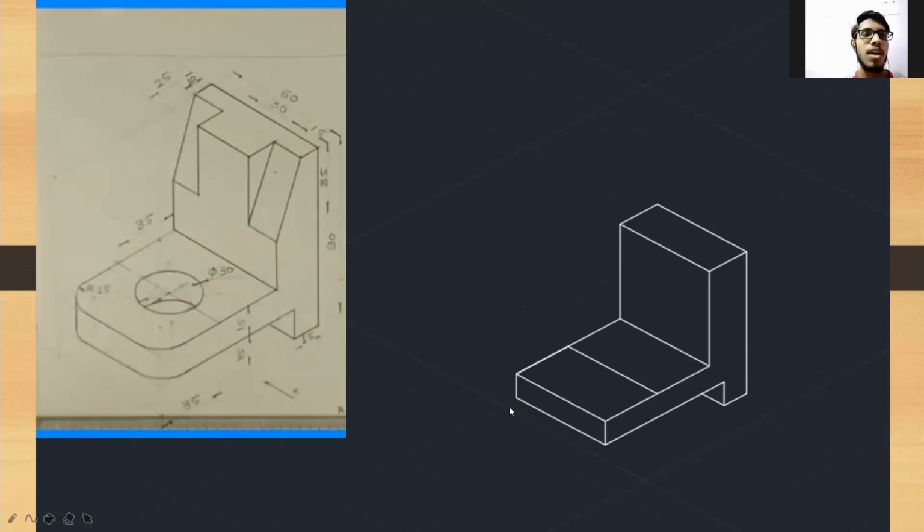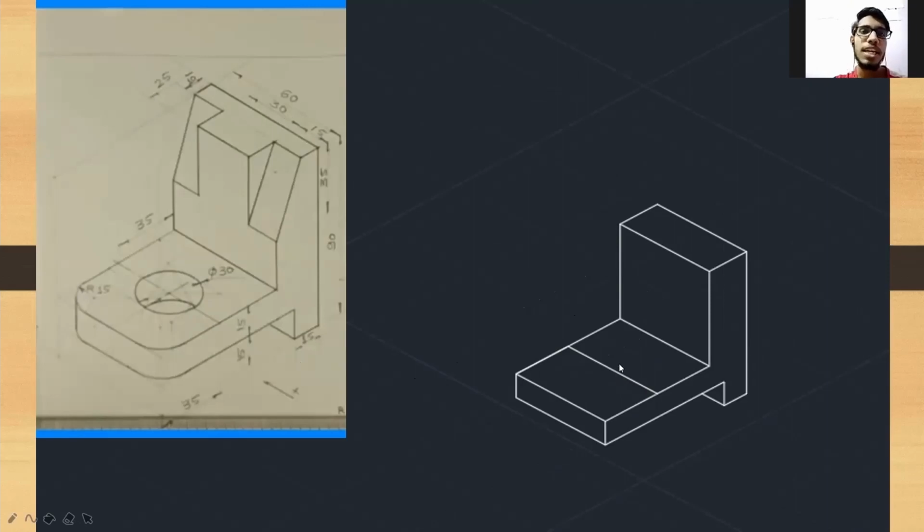Okay, now in the problem there is an isocircle on the lower part of the base. That isocircle is in the top plane. So for drawing this isocircle, first we will shift to the top plane. Then for this circle we will require its center.